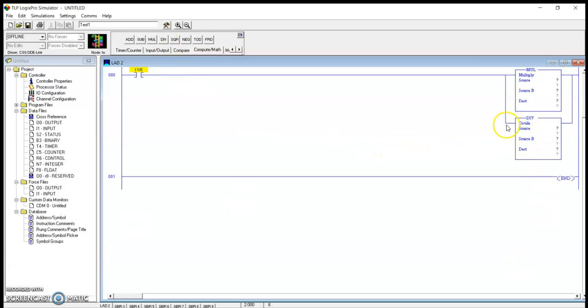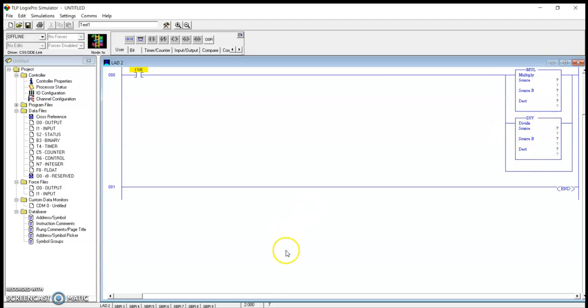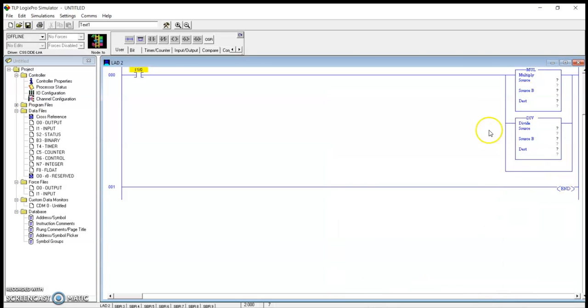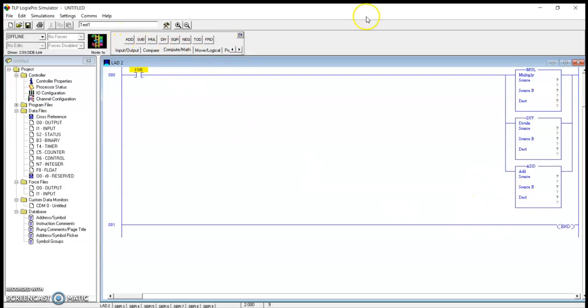Then after which one more rung we want, right? So I will take one more rung. I'll place this one at the middle. So division and then plus, that is addition we need to take. Addition, drag it and place it. Okay, now we will give the values.